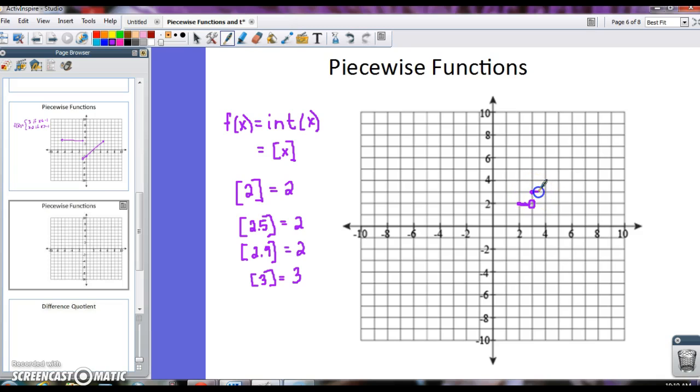And then the same thing happens as you go through the different x values between 3 and 4. And then you step up to 4. And that is how the graph is generated. And you can go ahead and fill in all of those values. And it works the same with the negative numbers, because you could just follow this function all the way across your graph. Okay? So I'm just going to fill in those, but it does work the same with the